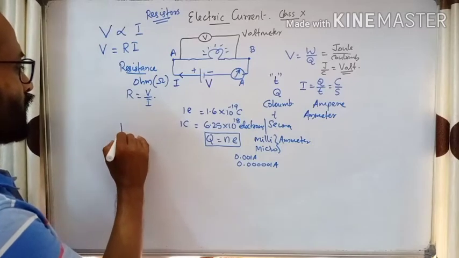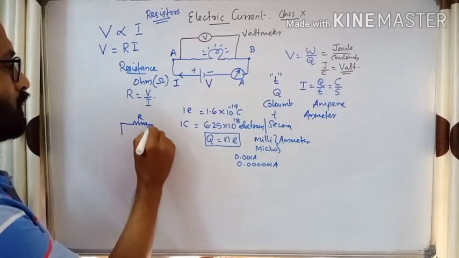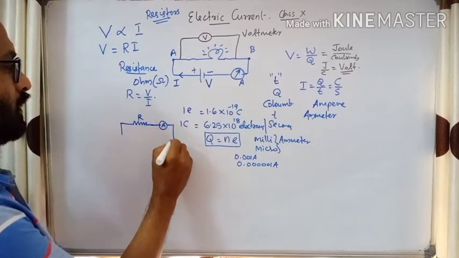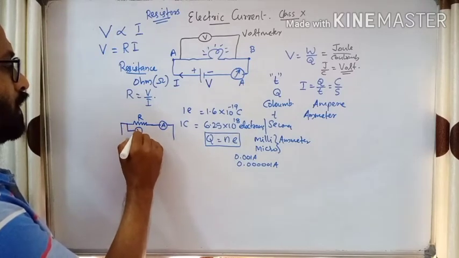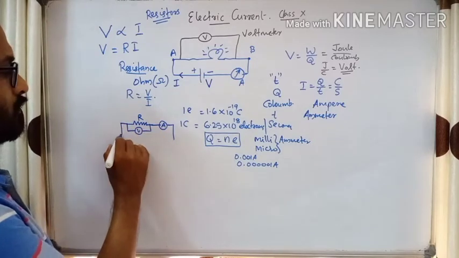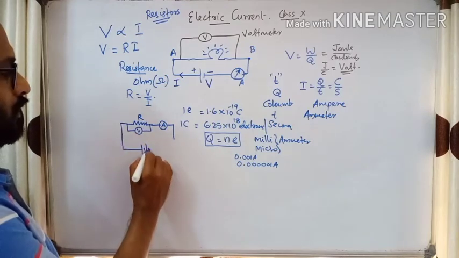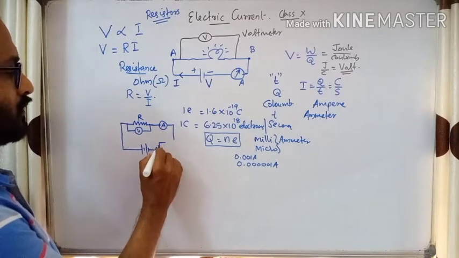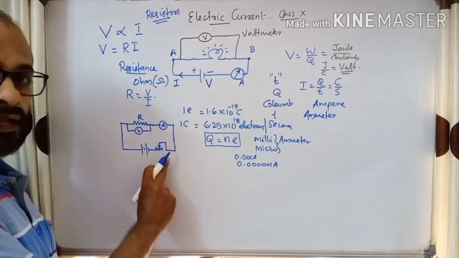See, we have a resistor. The resistor has a symbol like this. This is the symbol of a resistor. Now, we'll connect an ammeter. Now, we need to measure the voltage across the resistor. We'll connect a voltmeter across the terminals, across the ends. Now, we'll have a battery. Now we'll connect a rheostat. This is called a rheostat. What's the need of a rheostat? A rheostat can be used to vary the current.